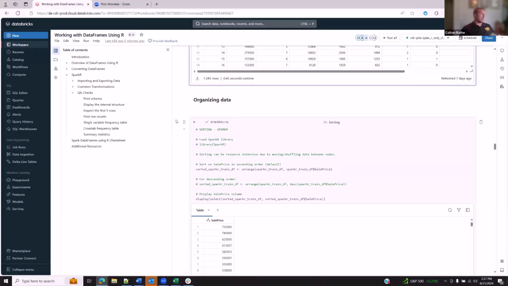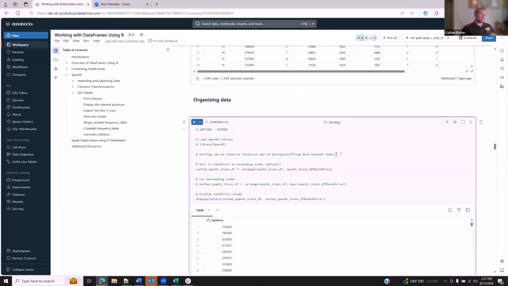Another common transformation you can do is organizing your data. So we're looking at sorting here. A note on sorting: it can be very resource intensive due to moving and shuffling data between nodes. So that's something to put in the back of your mind before doing unnecessary sorting. The way you go about sorting